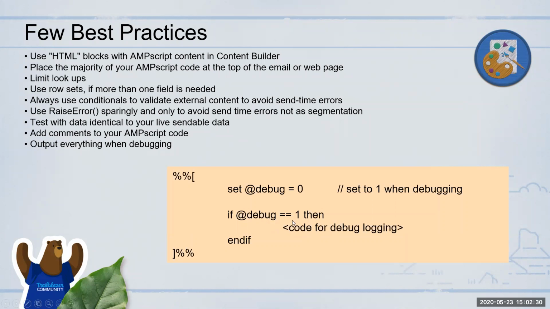So the good thing is you won't have to remove this later. Anytime you want to debug, you just set the top variable to 1. Automatically, wherever you put debug statements, it will debug, and you will get the output. Okay, so that's quite useful. And when you want to do the proper send, you would just set it back to 0. It will be good for production.